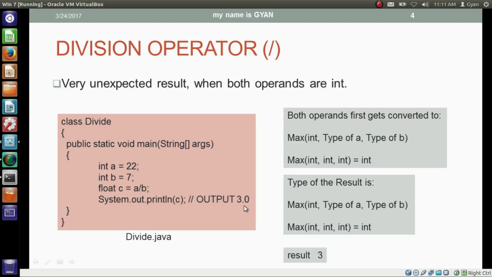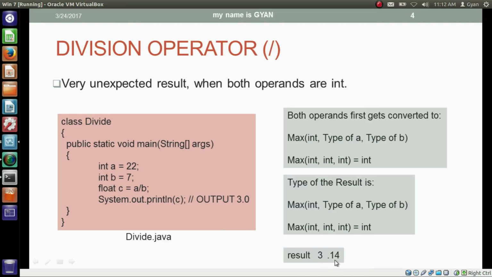which prints 3.0. One thing you should note here: it doesn't matter what is after the decimal point. It may be 3.999, but if both operands of the division operator are integers, then you have to truncate whatever is after the decimal point. Does not matter if it's 0.14 or 0.01 or 0.99. You have to truncate everything after the decimal point if both operands of a division operator are integers.